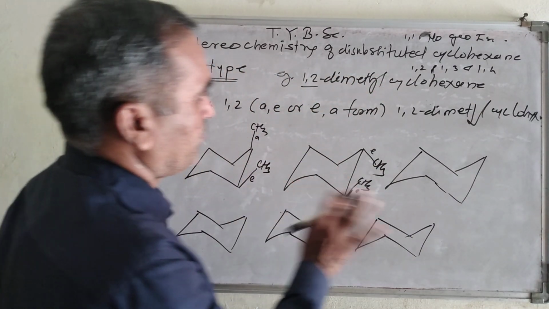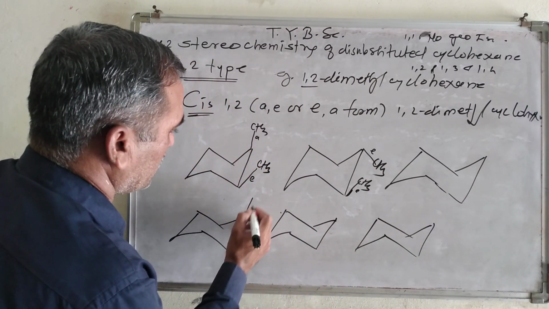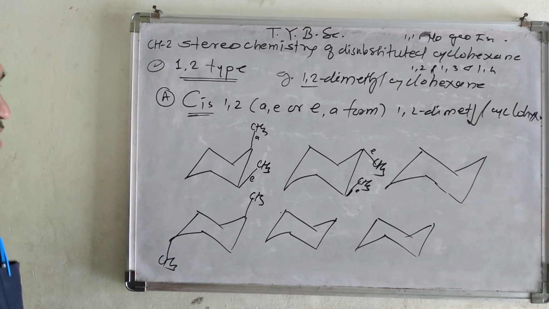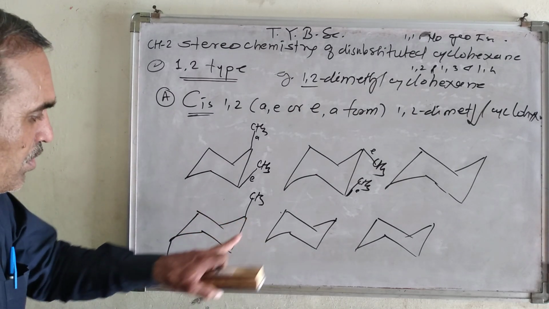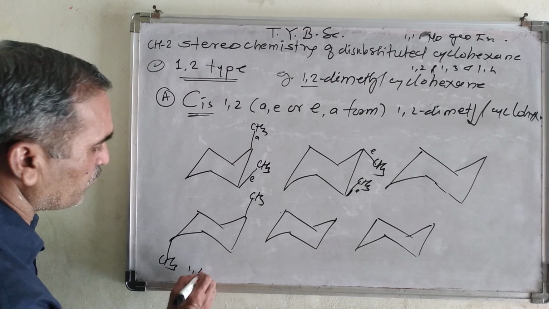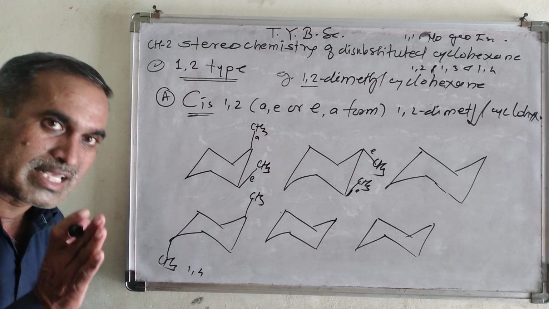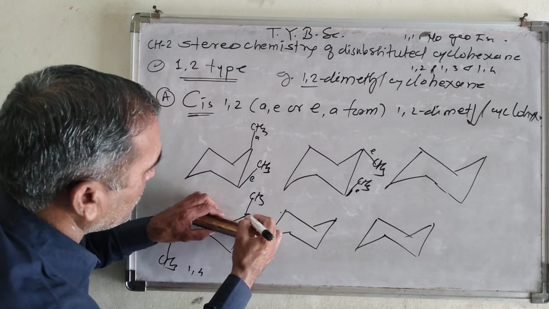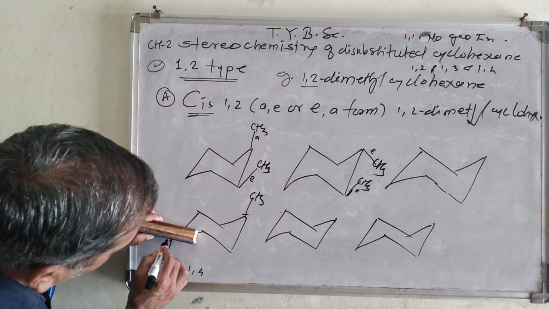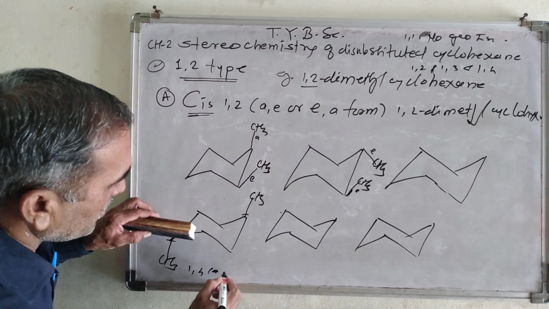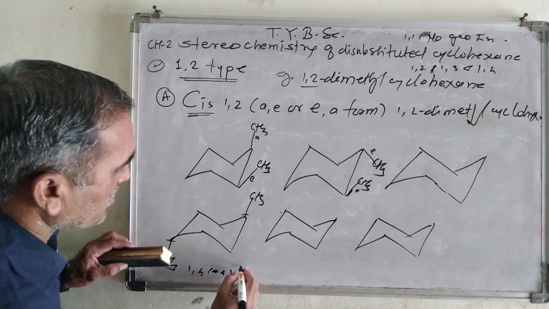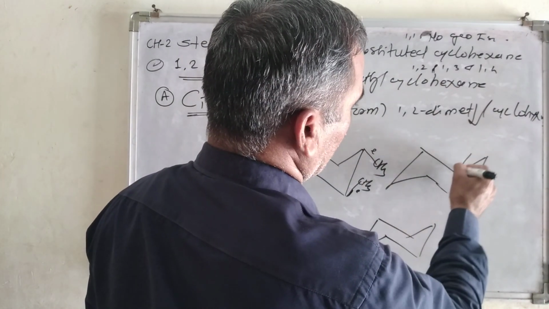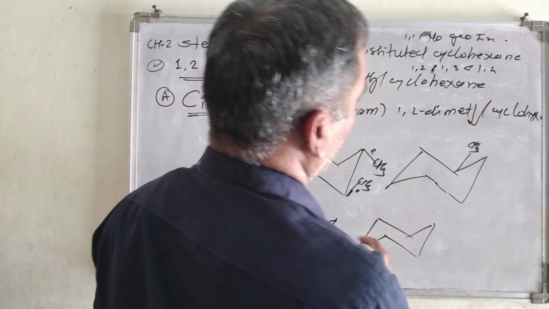form. Now let us see here, one methyl group I am putting here and one methyl group I am putting here. What type of form is it? It is a 1,4 type, 1 2 3 4, right? This is a 1,4 type. But whether it is a cis or trans, it is a trans. Look at here, this methyl group is above the plane, this methyl group is below the plane. So AA form, but this is a trans form, right? Trans. Suppose I am putting here, in this case, one methyl group is here, suppose CH3, and one methyl group